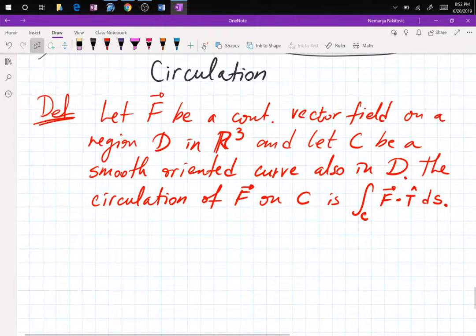Circulation, circulation, circulation, right? It implies movement and spinning, right? Does it? It does. So if it's measuring movement and a spin,